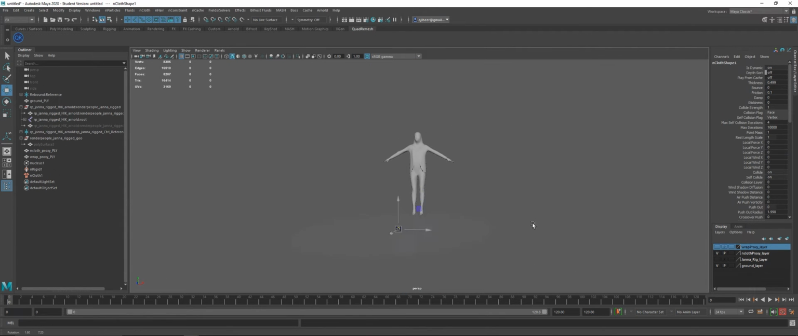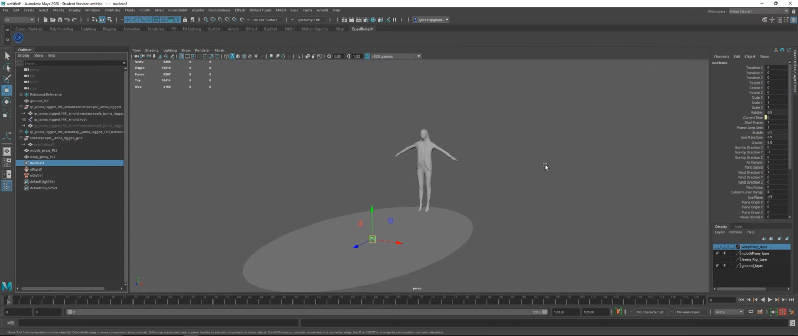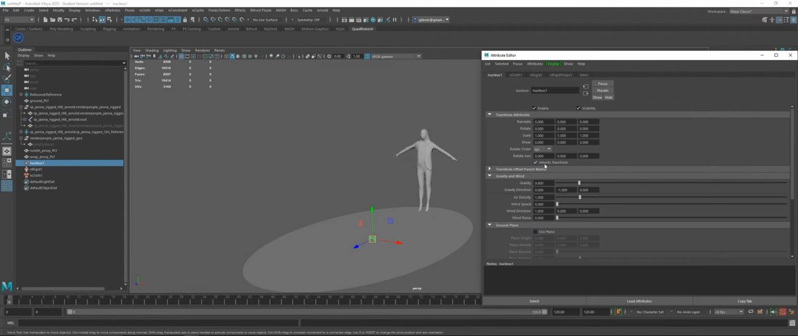And what you can do right out of the gates is go to frame 0 and hit play. And it'll start simulating. You can see it's just slowly falling, really slowly. And that's because of the scale. So if I go back to frame 0 and select the nucleus and hit Control A to go to the attribute editor for it,